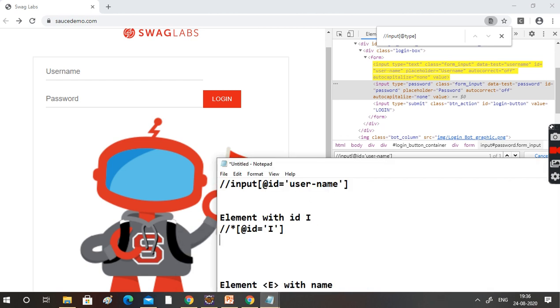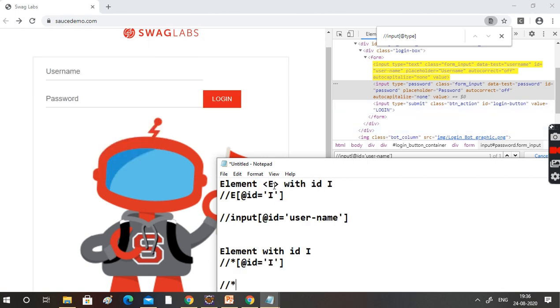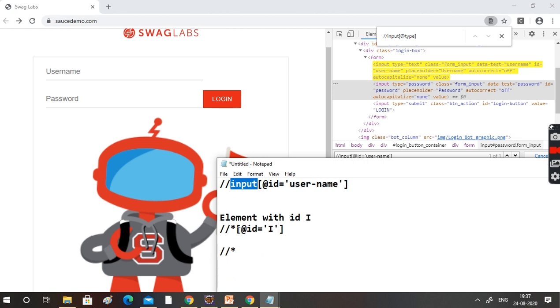Let's go here. What is the second technique saying actually? Element with ID. Star. You will get this. But star means what? Star means all the DOM. In the previous one we mentioned clearly that this is the input, only the input element. But here star means any element.